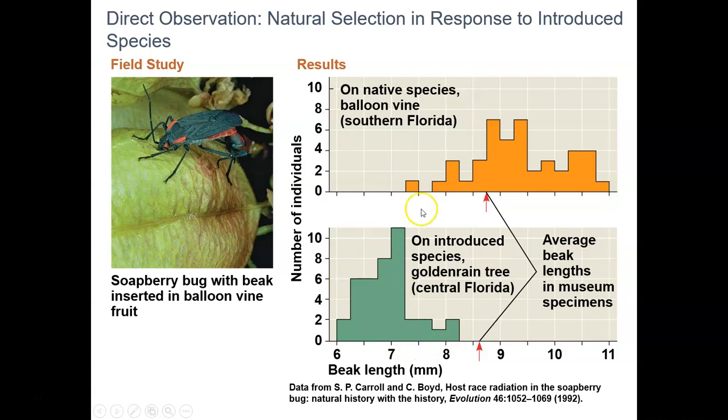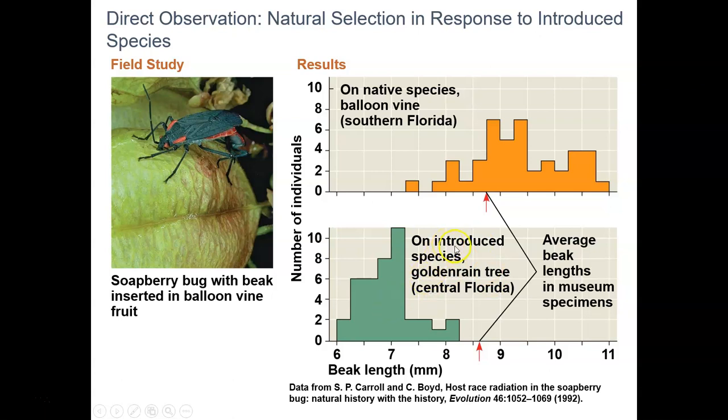Again, this is assuming that there's variation, which we can see there is variation in beak length along this x-axis. We assume that beak length is genetic. There's no information here specifically saying that, but we assume that beak length is genetic, and the selective pressure in this case was the depth of the seeds within the different fruits, and it was acting on the beak length